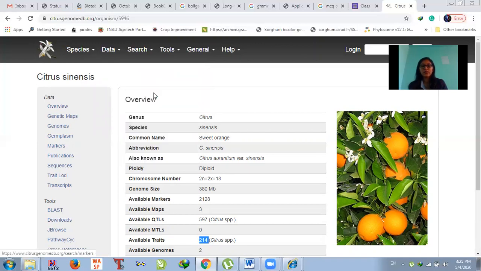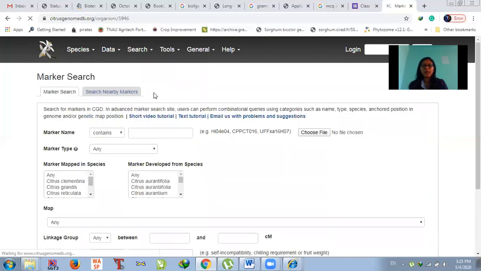Here you can do both things: you can identify the particular markers which are available in a particular species, which are mapped in a particular species, or which were developed in a particular species. You can find these out, and their map position is also found using the marker search option.